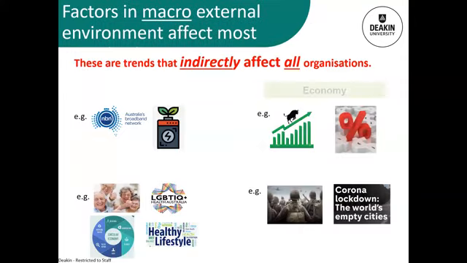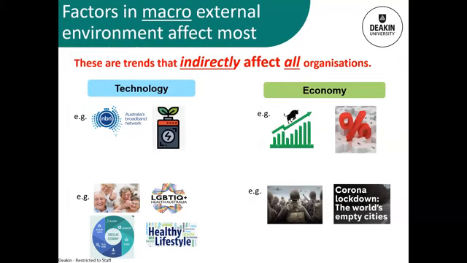So just to reiterate, the factors in the macro environment indirectly affect all organisations. And again, we'll look at some examples that you can see here. The first one there is technology, and the NBN is very important, and another is battery power. And this technology has affected car manufacturing, whether you're building houses, heating systems, smartphones. So those technological advances in batteries are affecting many players or organisations in an economy. And we've got the use of drones too. That's another example being used in many different industries, from real estate surveying to the delivery of different goods.